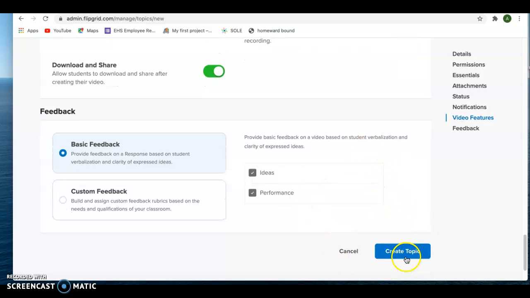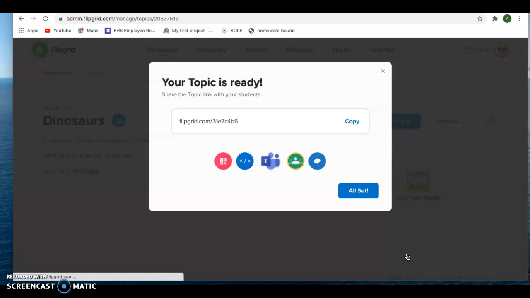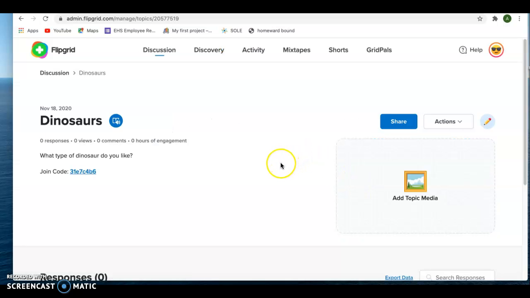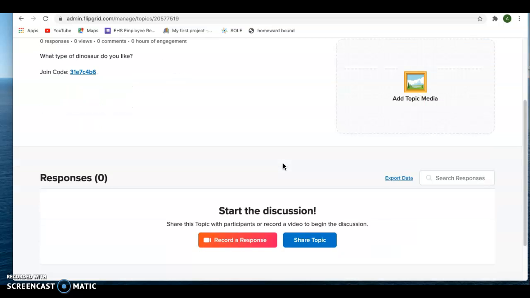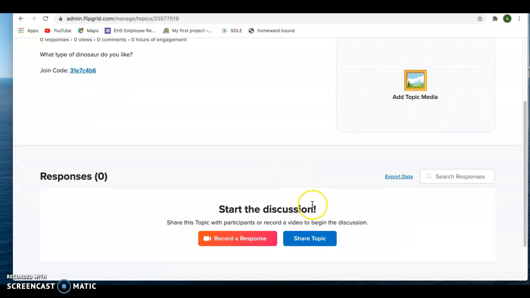Once that is completed, you create your topic. And here you're given a code that you can send students. Here's the QR code. You can embed it into your lesson plan. You can add Microsoft Teams, Google Classrooms, or even share it on Remind. Once you've decided, here's your set, and here's where students can record their responses to what type of dinosaur they